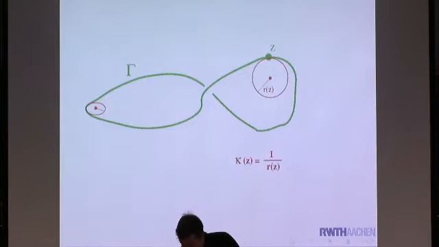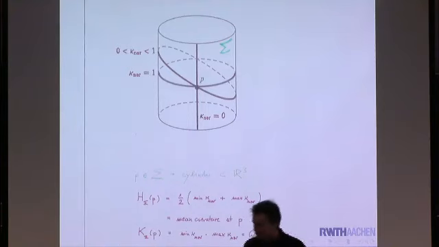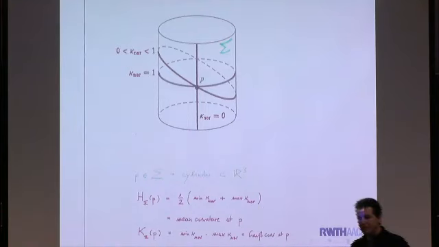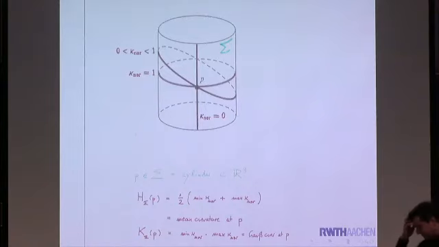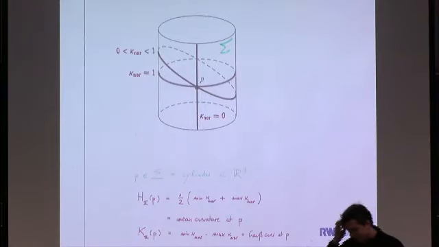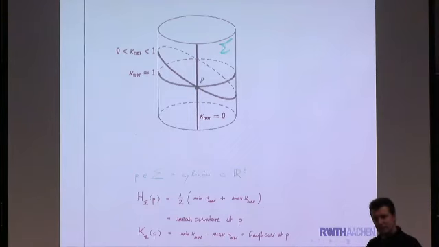Likewise for surfaces. Let's say two-dimensional smooth surfaces in R3. So for instance, this cylindrical surface sigma here with a point P on it. How do we get local curvature there? Well, one way of getting that is you intersect the surface with so-called normal planes. These are planes through P that are normal to the tangent plane of the surface at P. And since this is always a transversal intersection, we get nice intersection lines, again curves that possess a local curvature